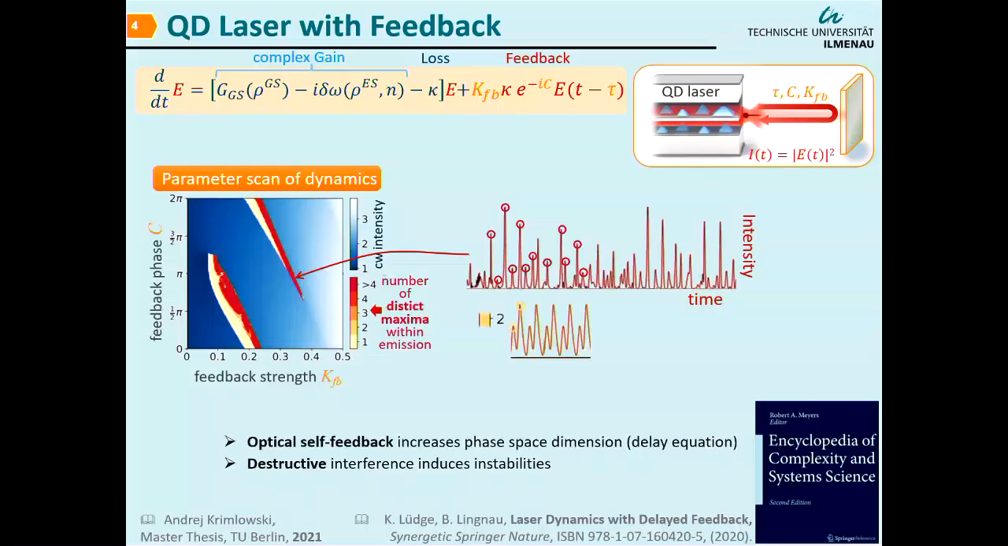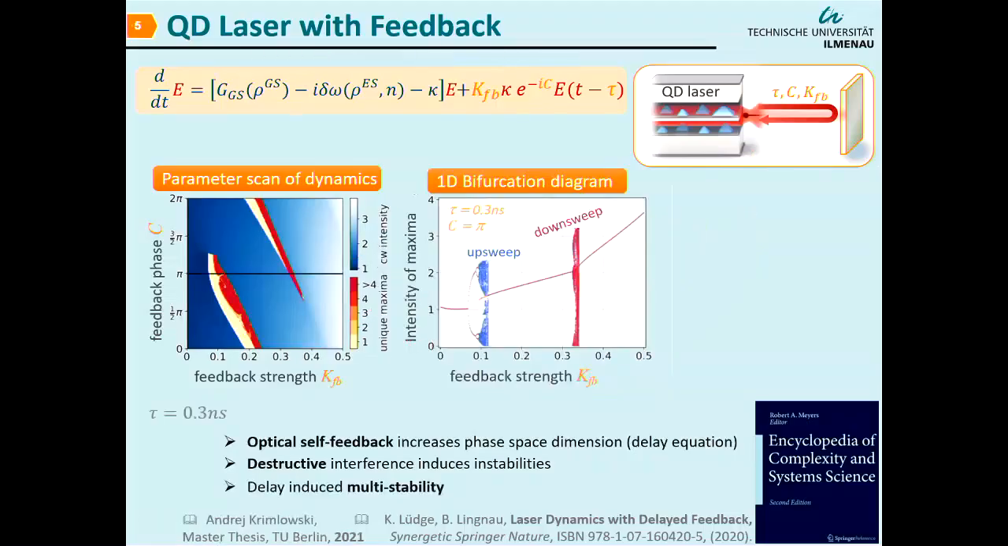Then we have periodic oscillations with two maxima. That would be the darker red. If there's only one distinct maximum, then it is the light yellow, and the blue one is constant wave emission. So there it's stable. That's what telecommunication people like. And for one line scan across this parameter plane, so phase of pi would be destructive feedback, then we can